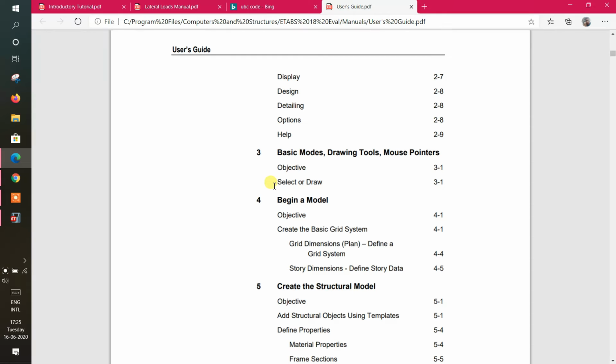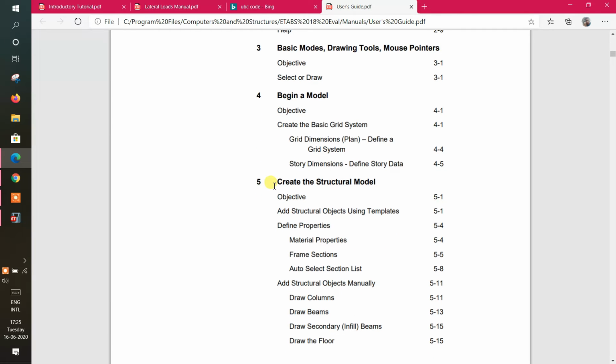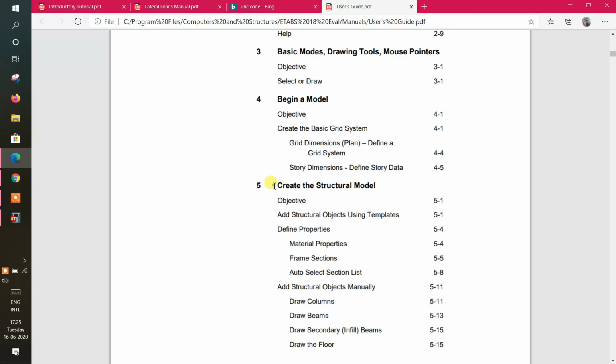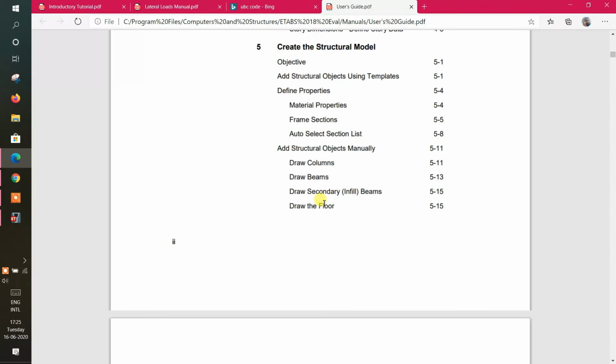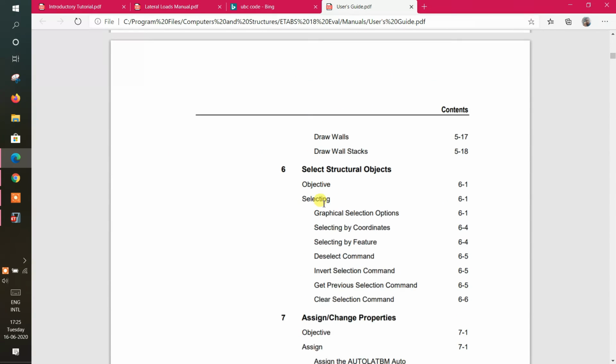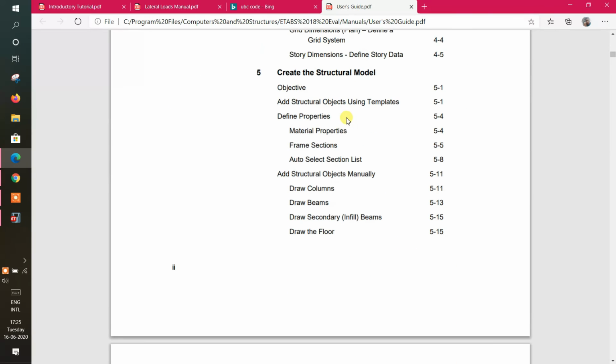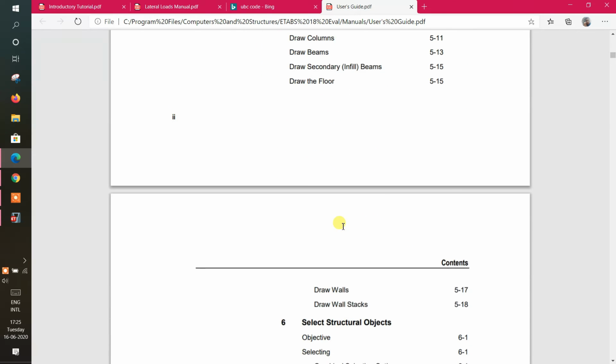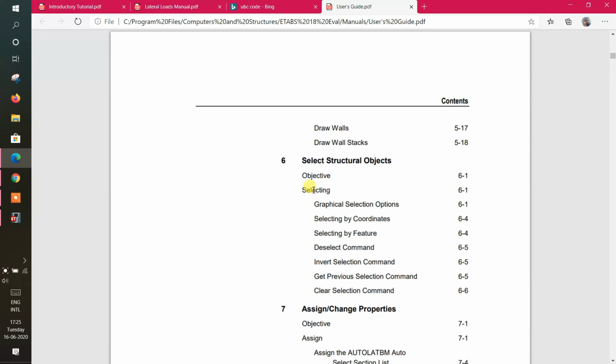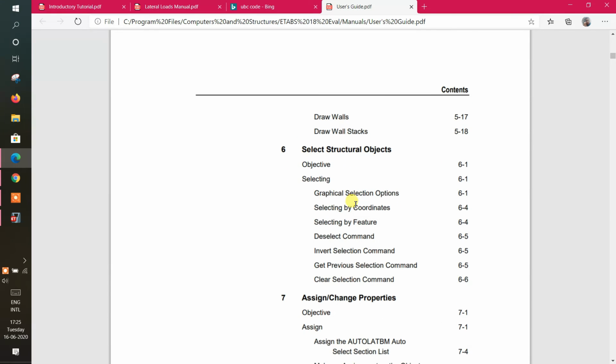There's no need to go anywhere to learn, guys. If you have some patience to learn all these things, just learn it, guys. Even though I'm conducting some courses, it's better to know from here itself. Structure objectives, guys, draw walls, everything is here itself. There's no need to go and select structural objects.